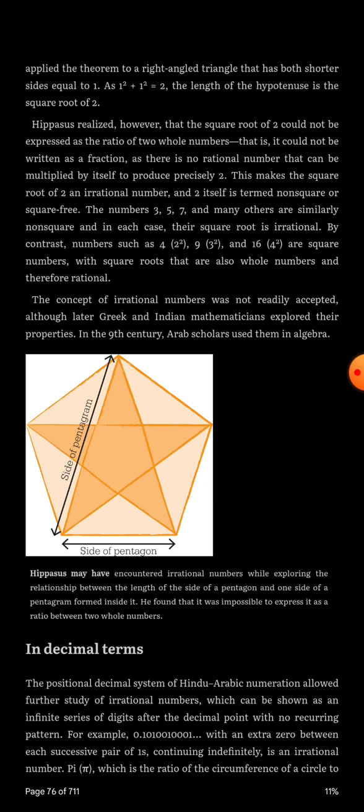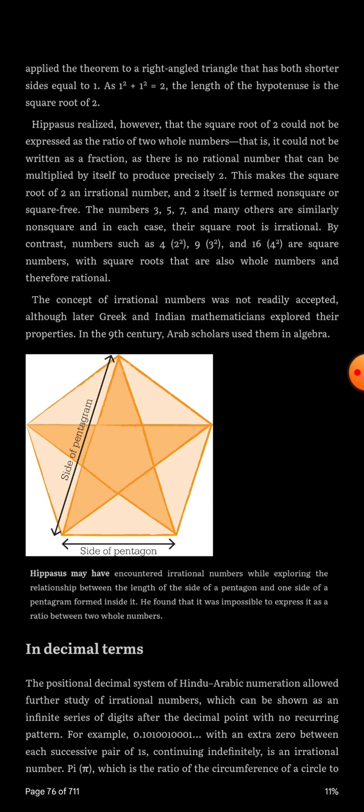In the 9th century, Arab scholars used them in algebra. Pictured here, Hippasus may have encountered irrational numbers while exploring the relationship between the length of a diagonal and one side of a pentagon and one side of the pentagram formed inside it. He found that it was impossible to express it as a ratio between two whole numbers. In decimal terms,